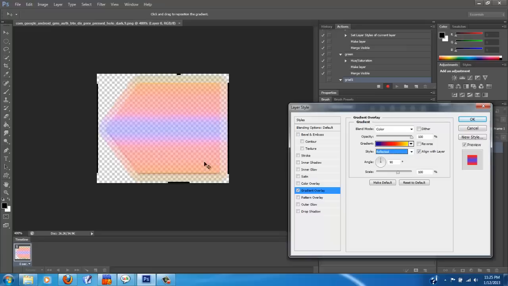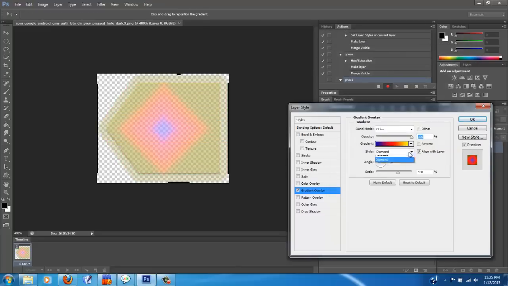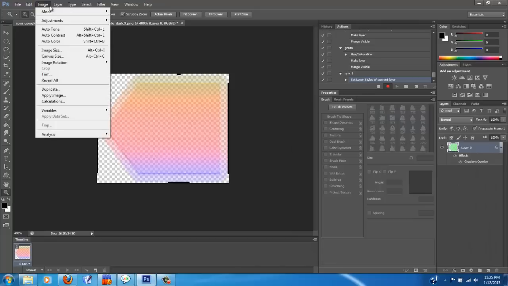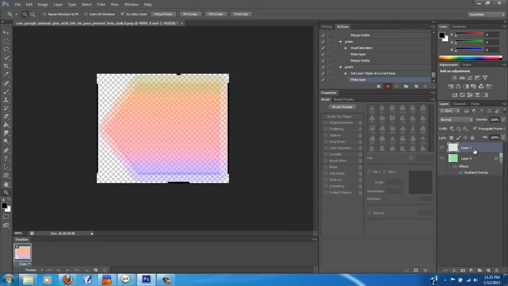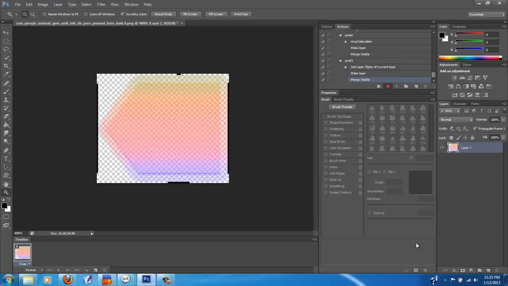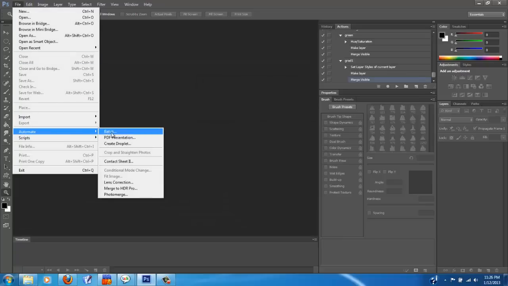Reflected just looks like that. Diamond can look like that. Basically, for this tutorial, I'll be using a linear, and I just go okay like that, and go to layer, new layer, and then layer merge visible again, and stop the recording, close this image, don't save it, go to file, automate batch,